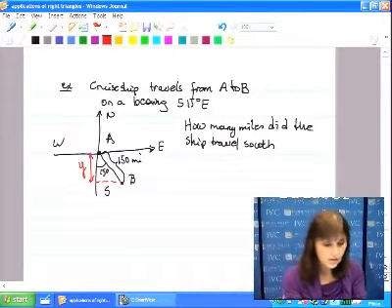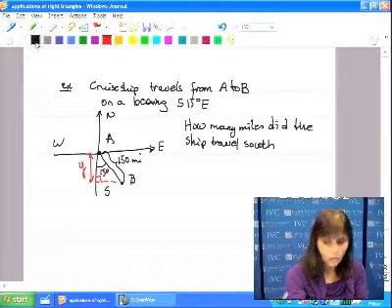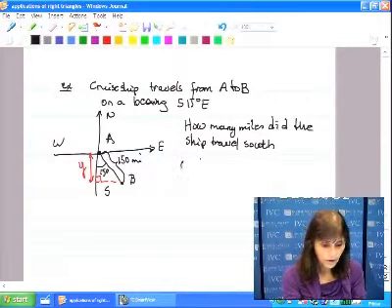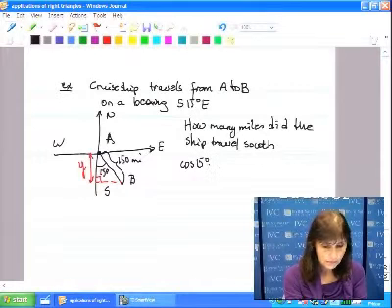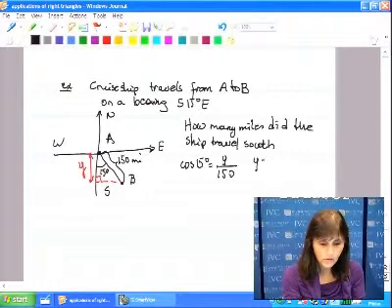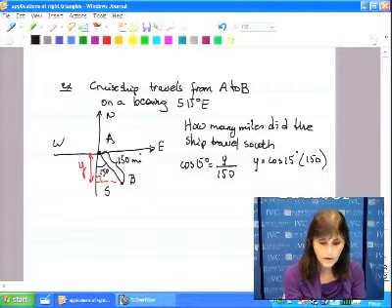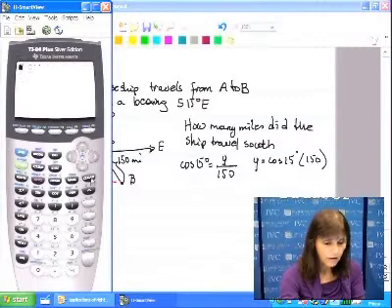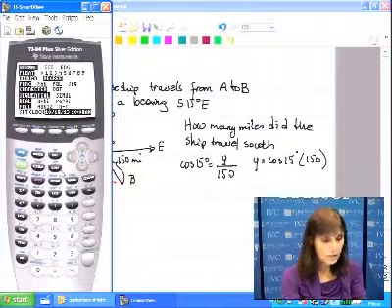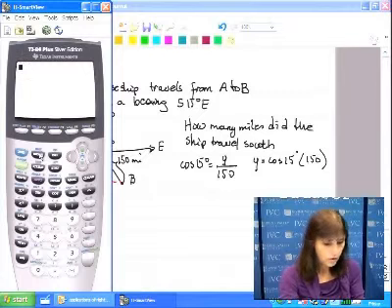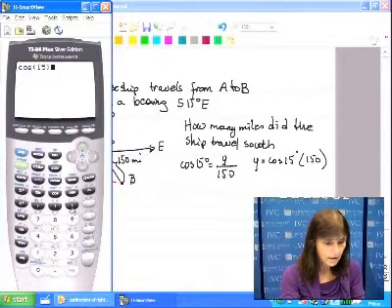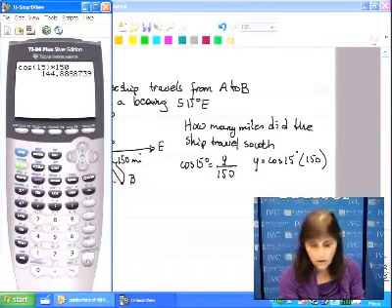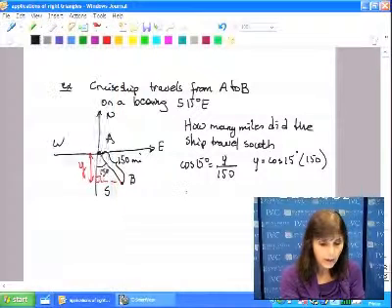And as you see, this is a right triangle. So what can you write? You can write cosine of 15 degrees is simply adjacent over hypotenuse. And y is going to be cosine 15 times 150. Alright, let's get our handy dandy calculator. Make sure you are in degrees. Yes, I am. So cosine of 15 times 150. It is 144.9, about